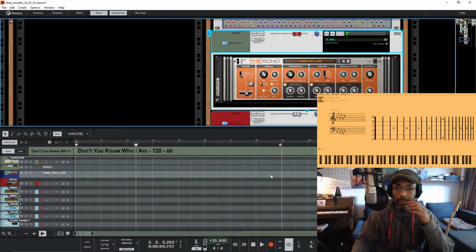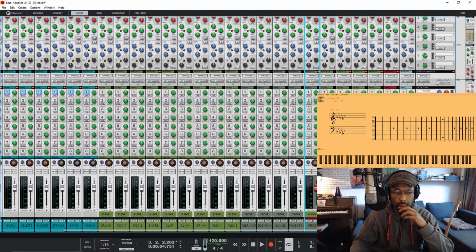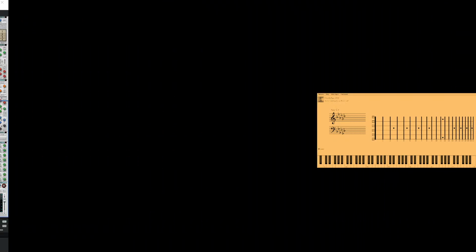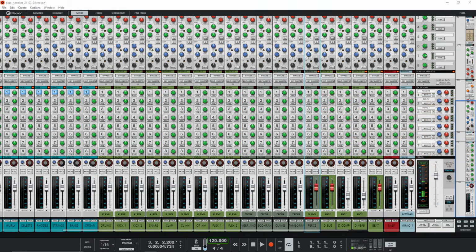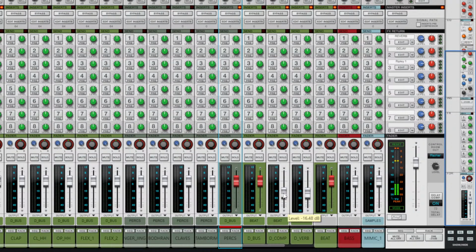Also, what's very practical is if you want to give something more bounce, I haven't done it too often, but if you do have parallel channels like drum compression and whatnot, if you want to accentuate, think about it like a drummer.